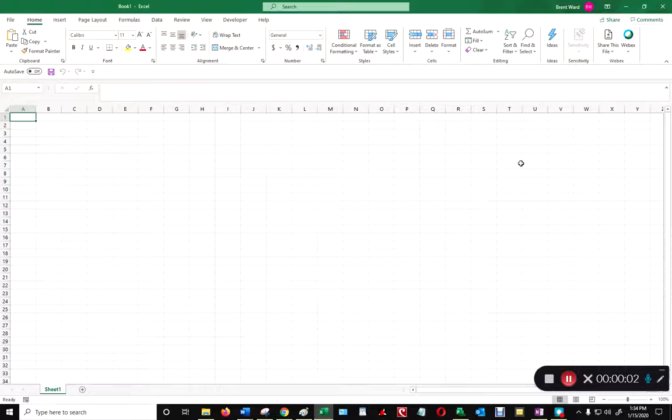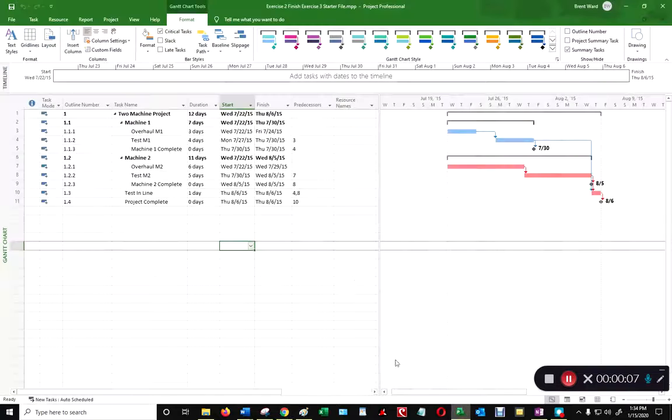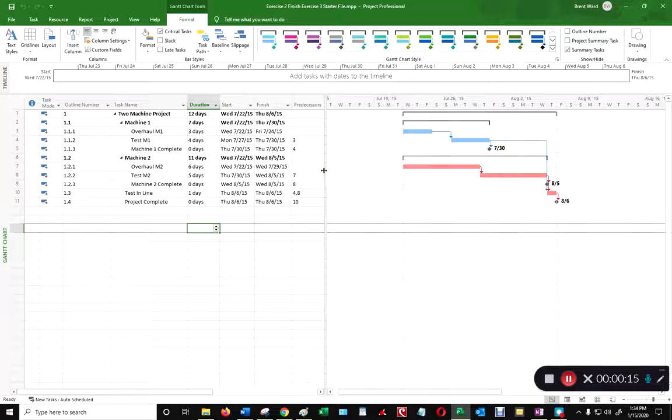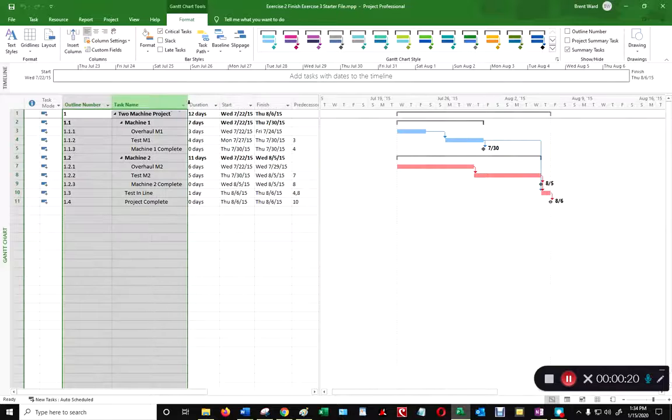Okay, in this exercise I'm going to show you how to display your project. This is in Project 2019. When you have a project like this, it's pretty small. You can just display the whole thing to your stakeholders, maybe focusing on this section right here of